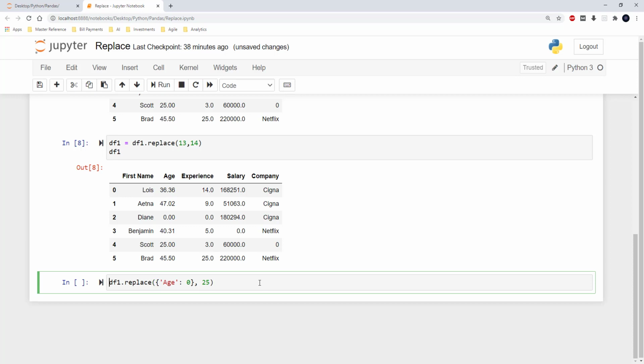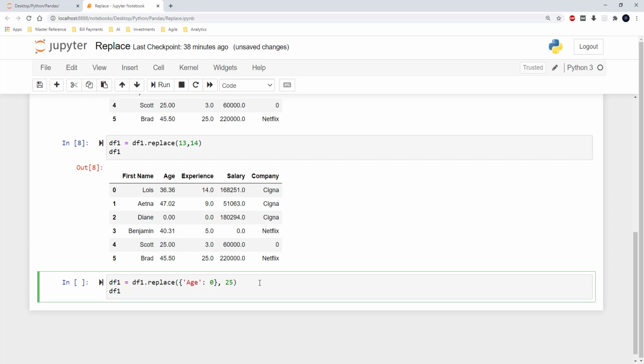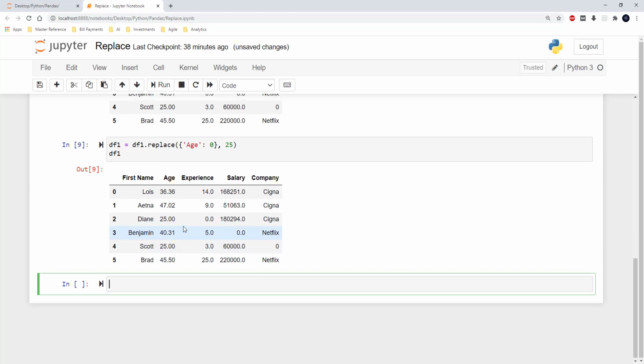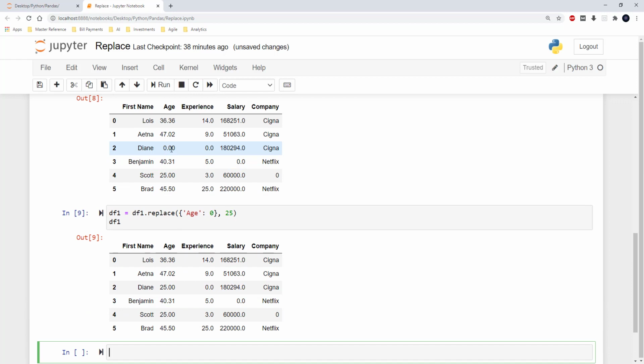I am again assigning this to df1, and then displaying the value of df1 again. When I run this piece of code, you can see that earlier the age of Diane was 0 and now it is 25, and it has not altered any other zeros from other columns.